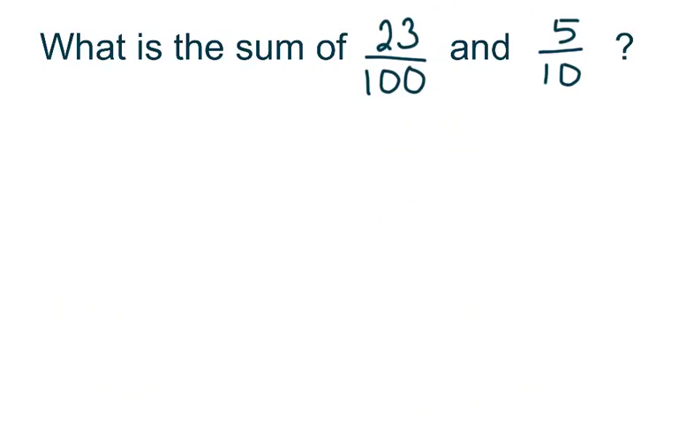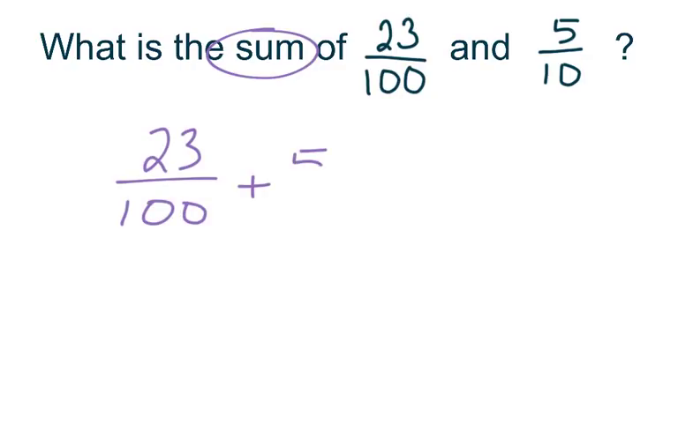What is the sum of 23 hundredths and 5 tenths? Go ahead and find the sum. Well, what does sum mean? The sum is the answer to an addition problem, so this is going to be an addition problem. We have 23 hundredths